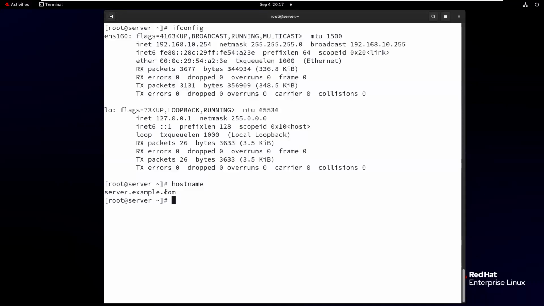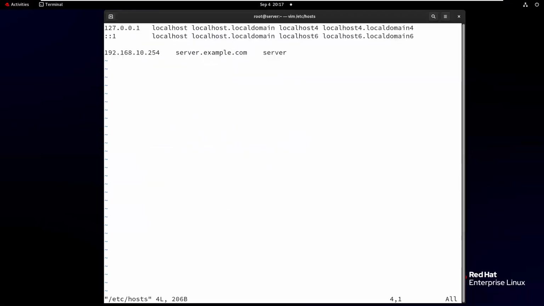But if you want to map host name to domain name, I mean domain name to IP address or IP address to domain name, you must keep it in the /etc/hosts file. The hosts file maintains mapping information about your IP to domain or domain name to IP. So right now here the address 192.168.10.254 is already there.